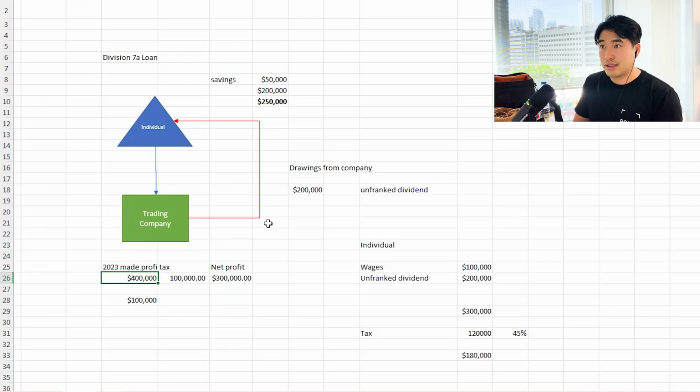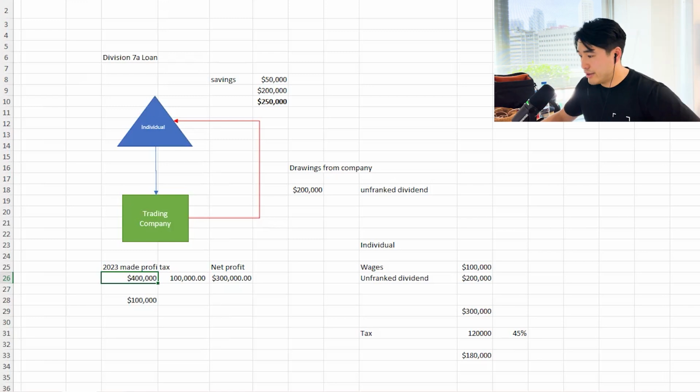So that's why the best time to do something about it is before 30th of June. Any time between April to June, you should look at your numbers. You should check how much money you've drawn out of the company. And then you need to work out, okay, do we pay this money back and clear out the director's loan so you don't have a loan with the company? Or do we set up a loan agreement between the company and you, check the interest, work out the repayments, and follow the rules the ATO wants, so you don't have any problems. That's how Division 7A works.